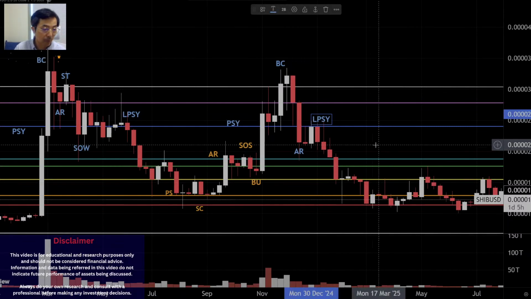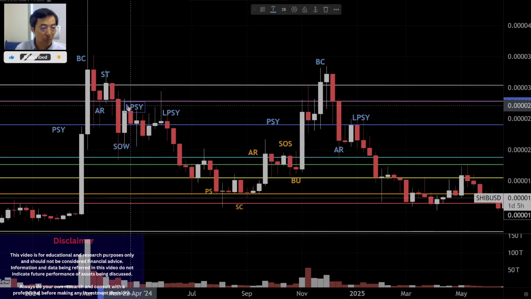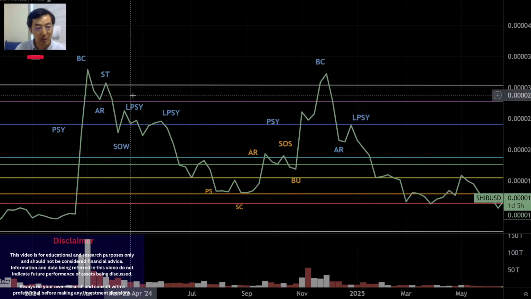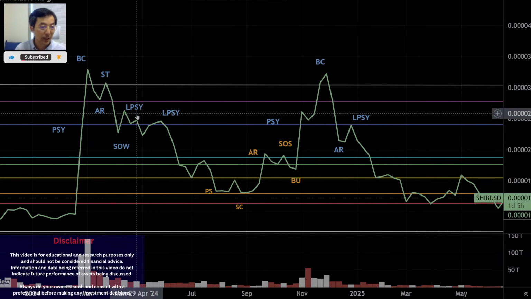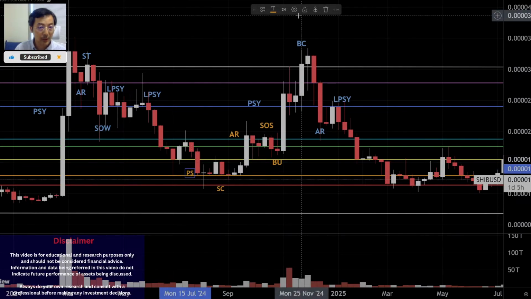Somebody can put one here, but that's going to make the chart too busy for you to see, so I'll skip it. One more LPSY over here. If I turn it to a line chart, you see there are 2 peaks. That's why 2 LPSYs. So, back to the candlestick. Now is